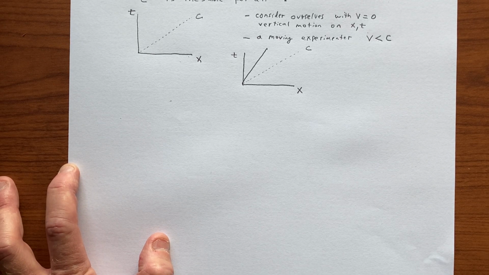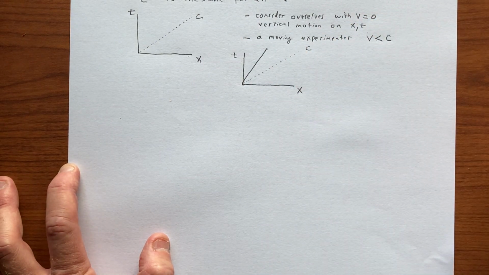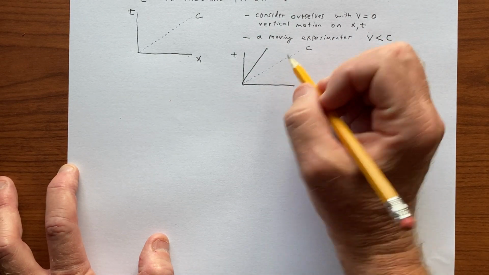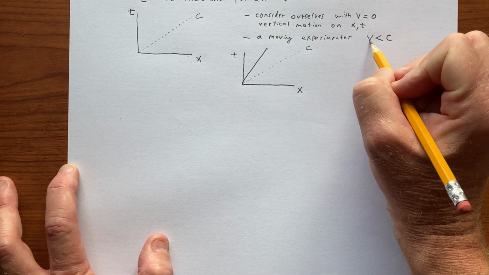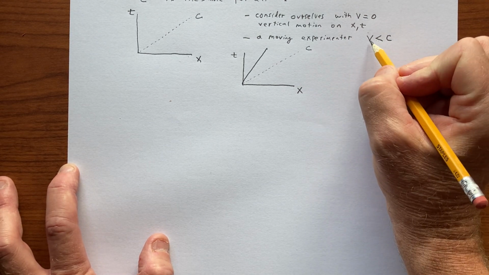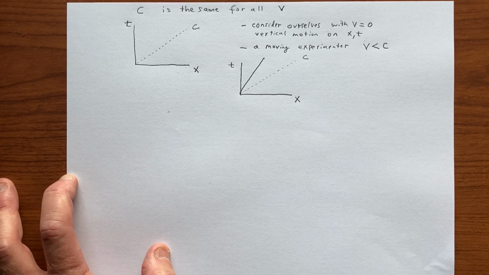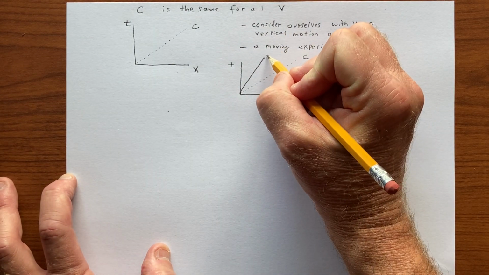Okay, so given that either of us can be considered at rest, the results of experiments are all the same. You'll find the same results of experiments in one laboratory or the other. There's no absolute notion of v. That observer is moving with respect to us at speed v, and we are moving with respect to that observer at speed v. We're all the same. So this can be considered,